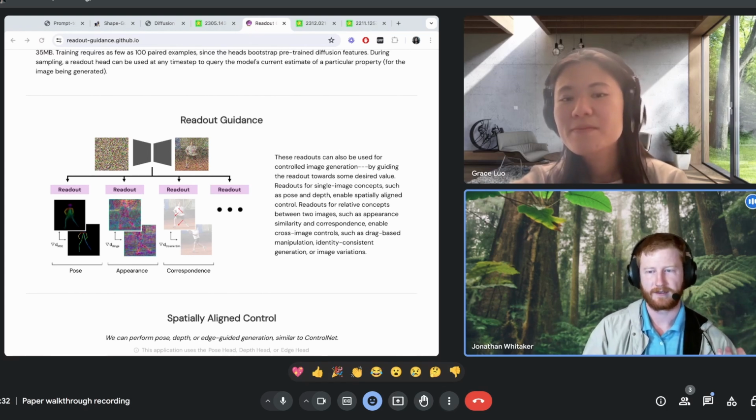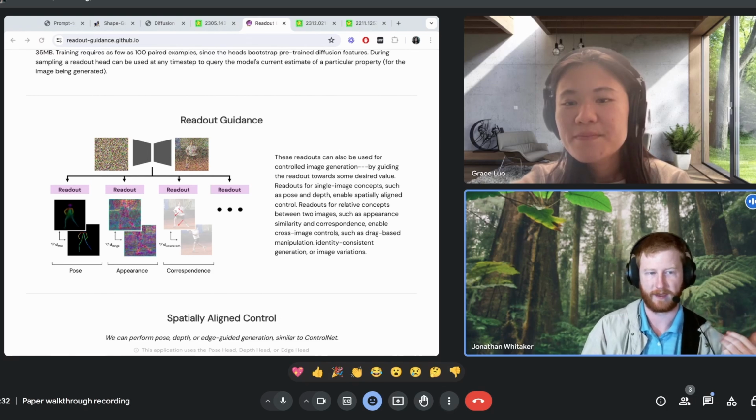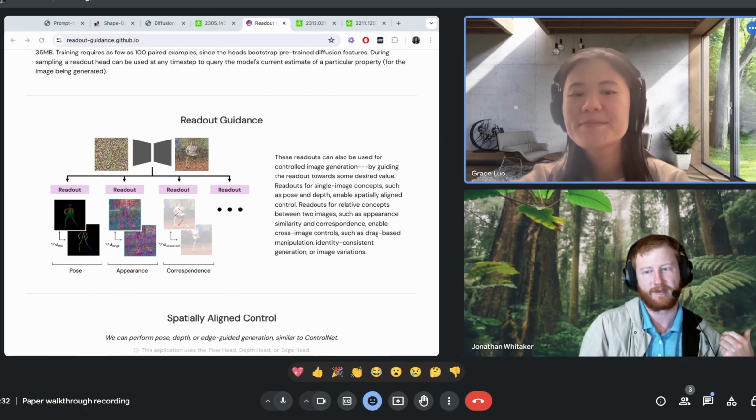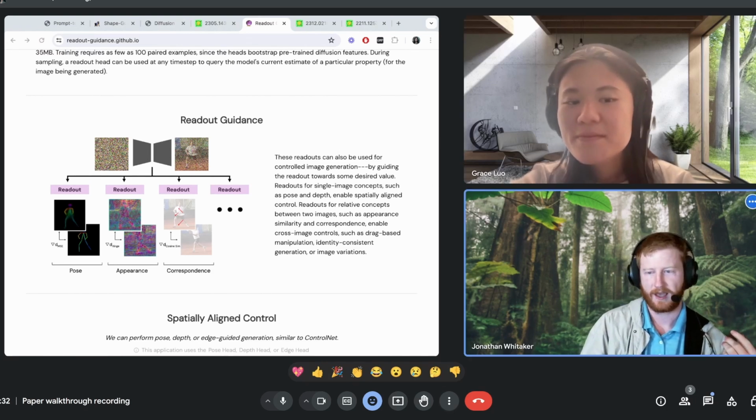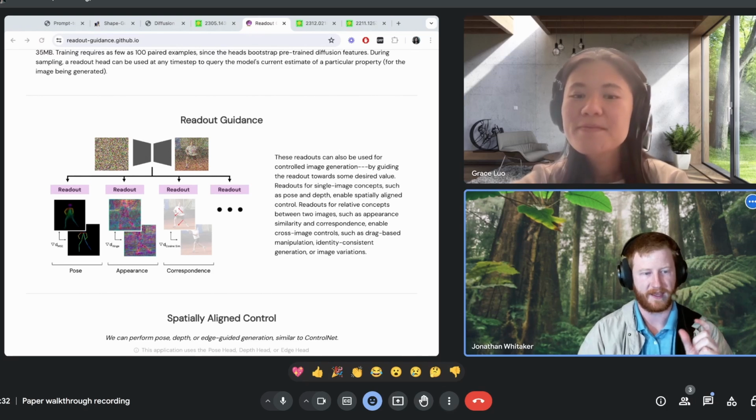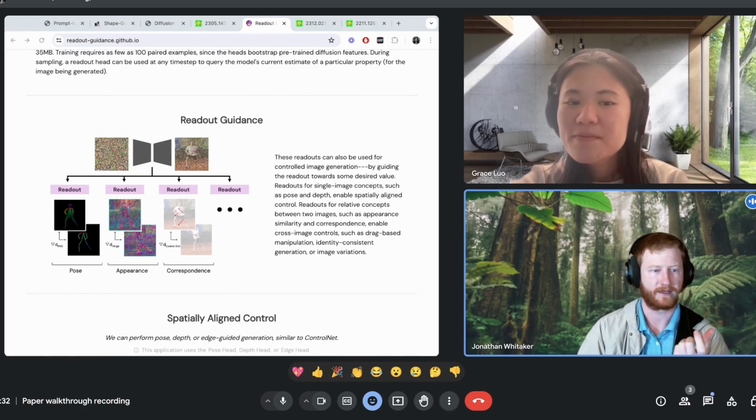And instead, what you do is you say, well, we already have decent pose estimators, so I'm just going to use that to create the labels. And I'm just going to do it for a few hundred images. And all I'm going to train is this aggregation network, basically, that takes the